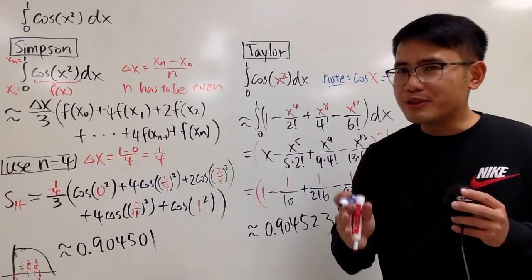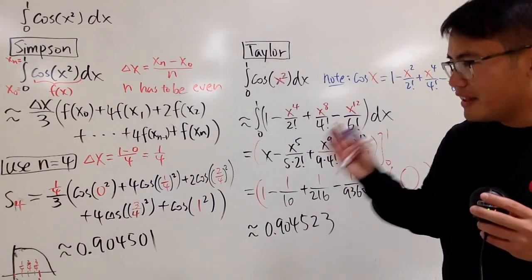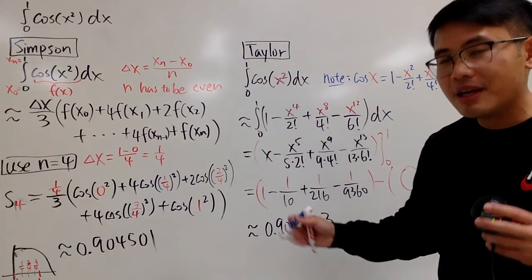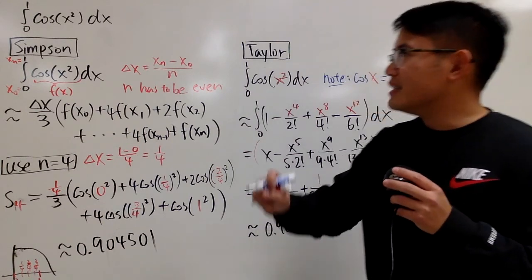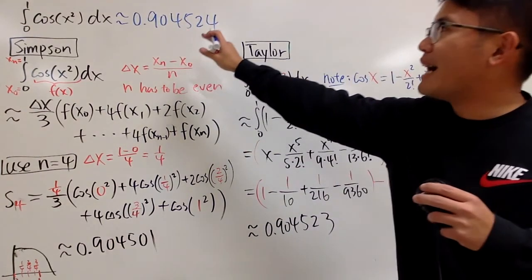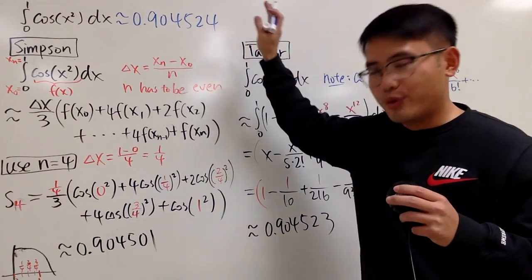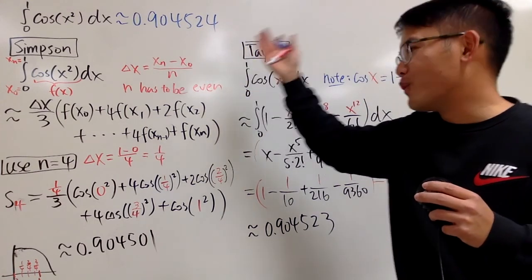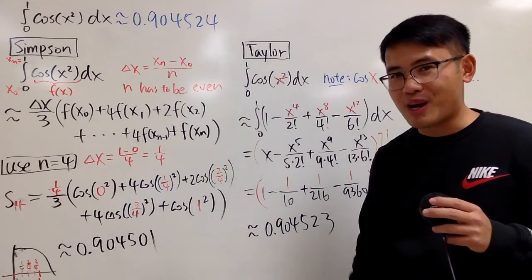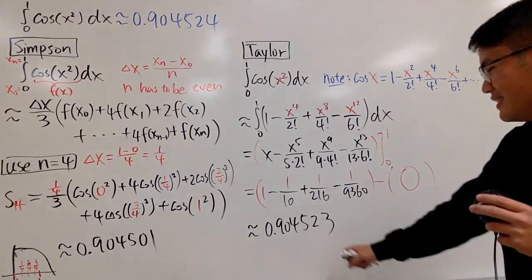So hopefully you guys actually just look at this and then think about which one you think is actually going to win. And now the moment of truth, the answer to that is 0.904524 by using Wolfram Alpha or any kind of computer software or maybe a graphing calculator. And as you can see, in this case,